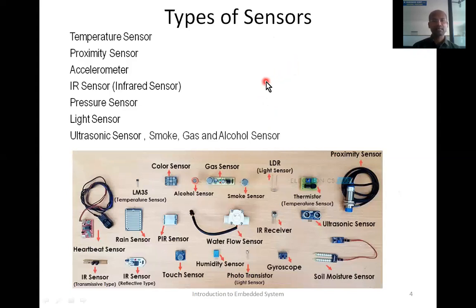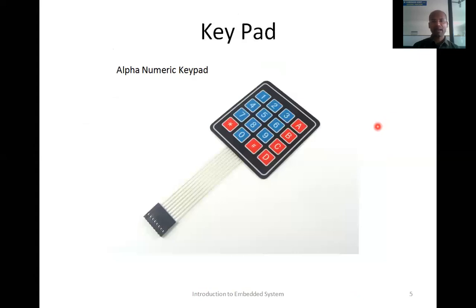So these are some sensors, popularly widely used sensors in embedded systems: temperature sensor, proximity sensor, accelerometer, IR sensor, pressure sensor, light sensor, ultrasonic, and other sensors. And this is the keypad. By using this keypad, we can input